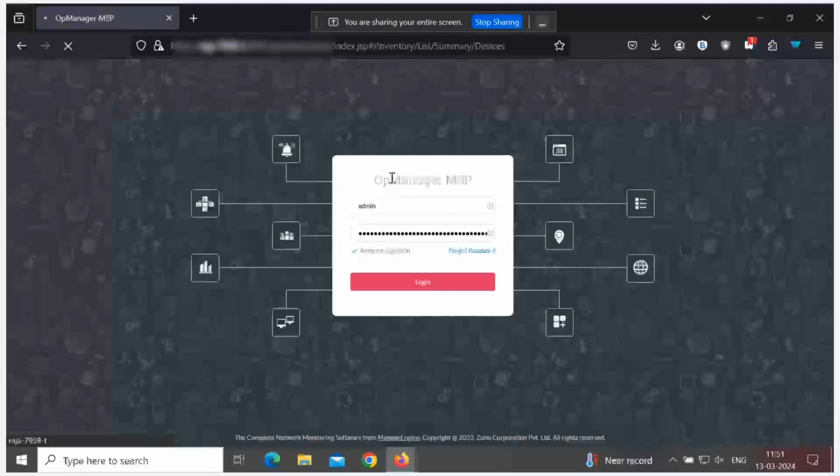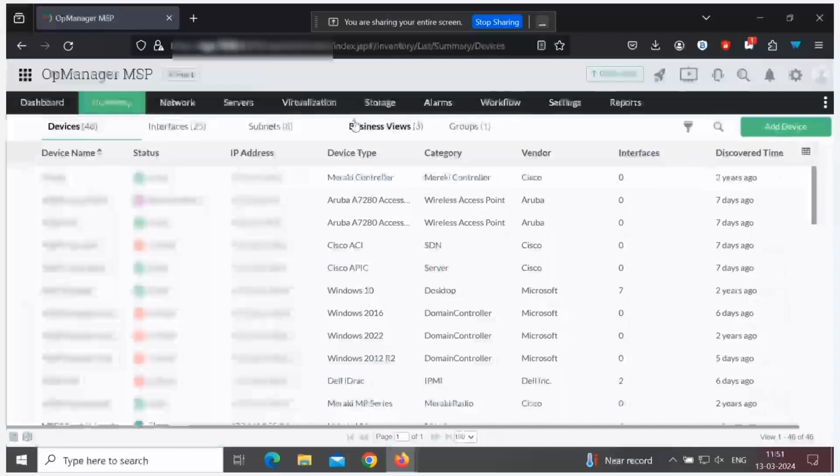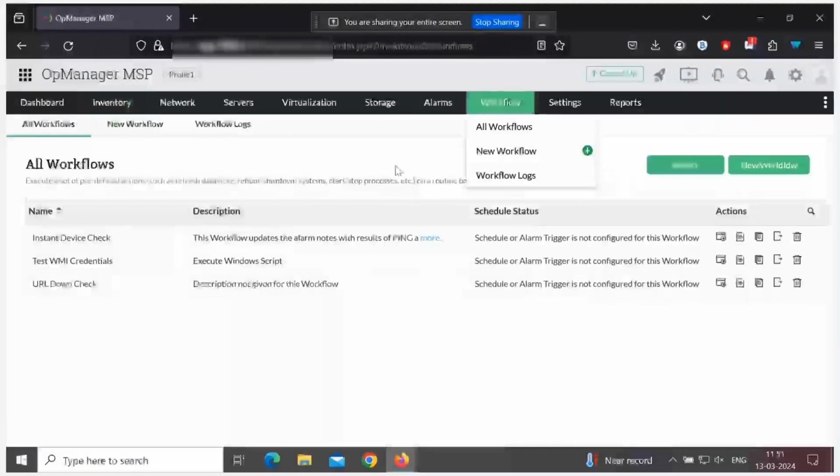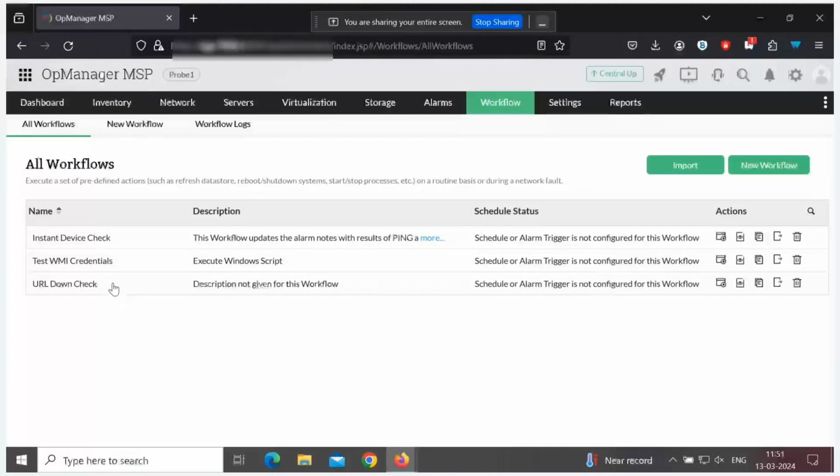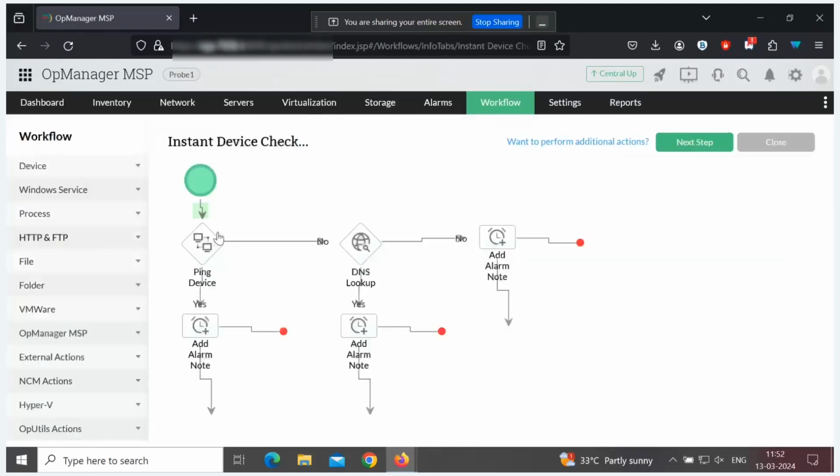So here, once you go to the workflow tab, we have all the existing workflows that have been created. You can execute the workflow, view logs, delete, all that. Let's just have a quick look into one existing workflow. So here we have configured, you can see, ping the device. And if yes, what to do, and if it's no,